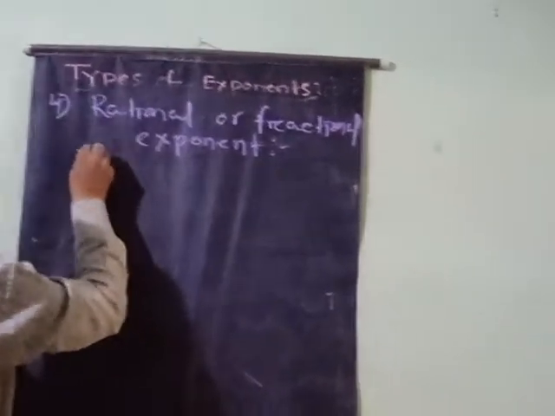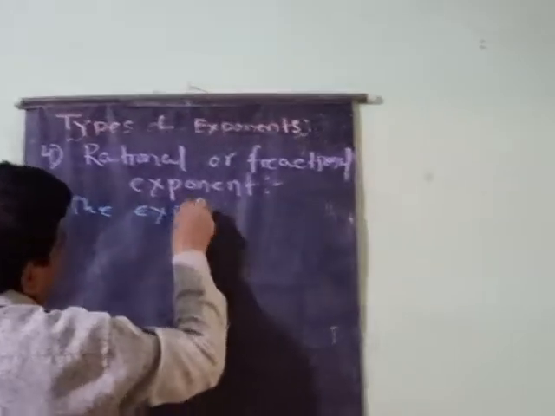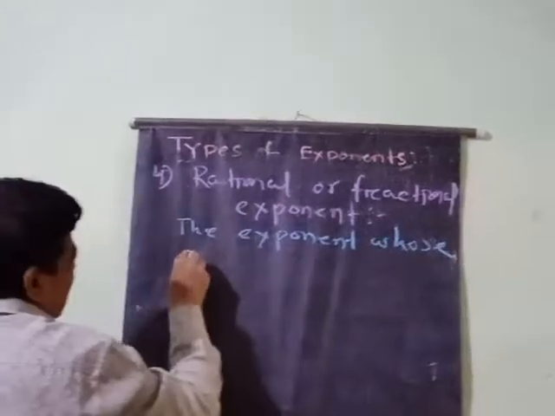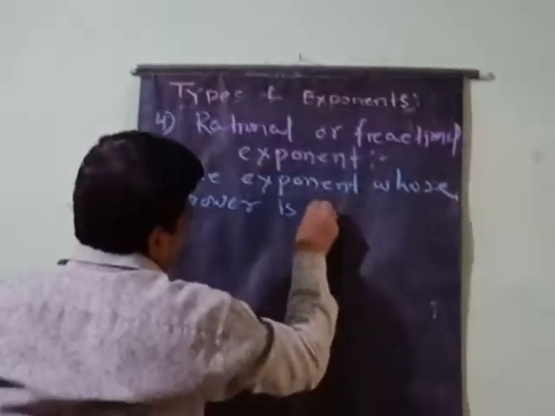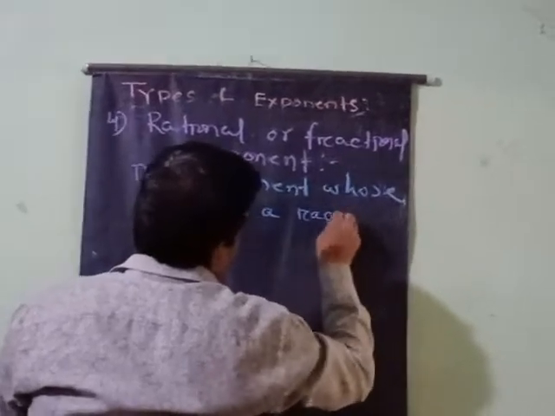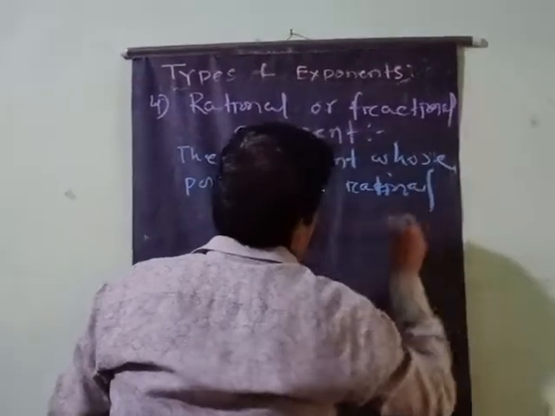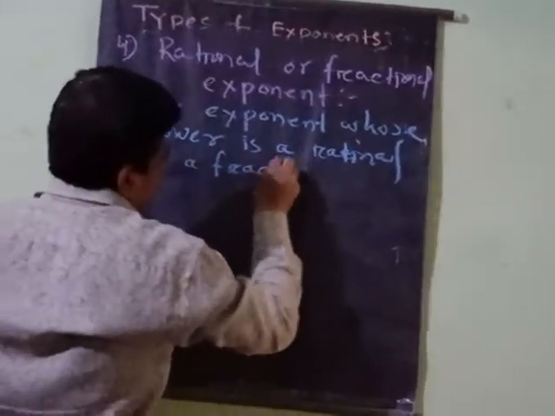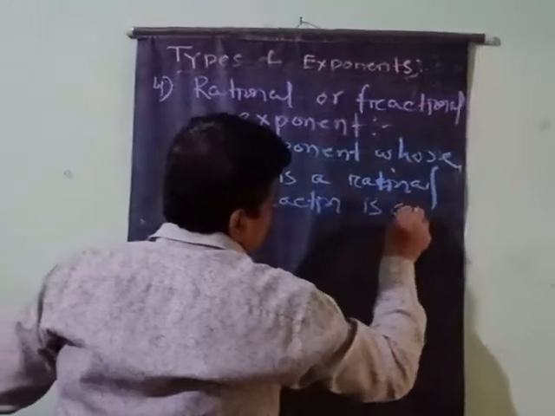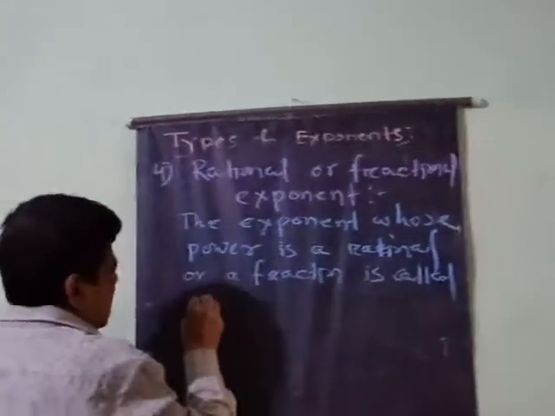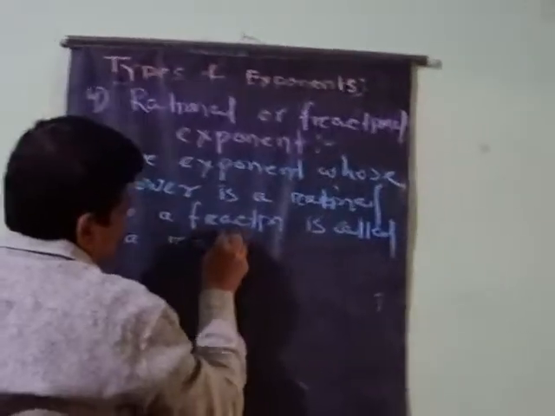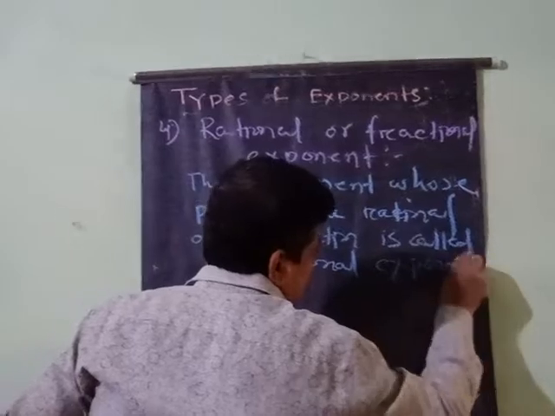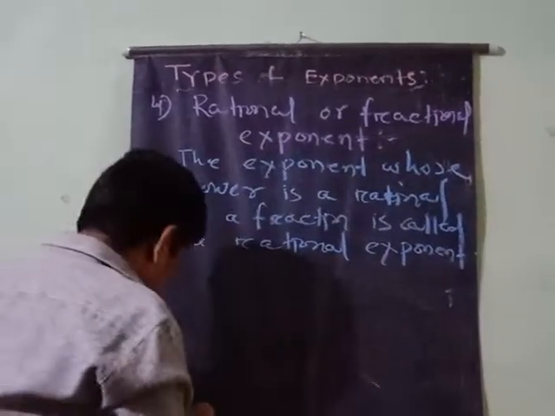If the exponent whose power is a rational number or a fraction is called a rational exponent. Understand? For example,